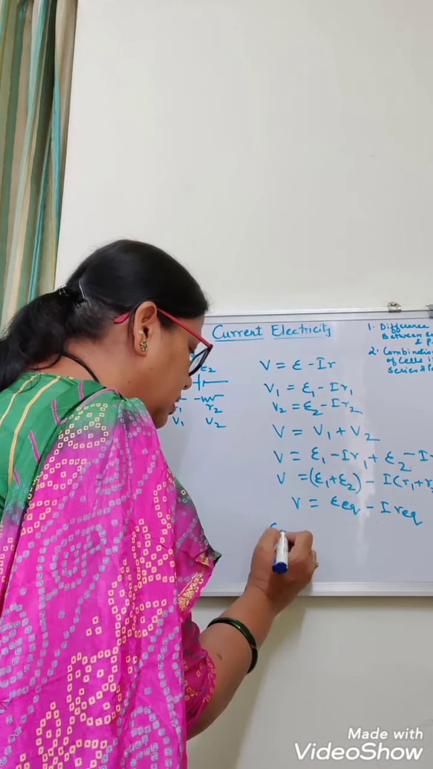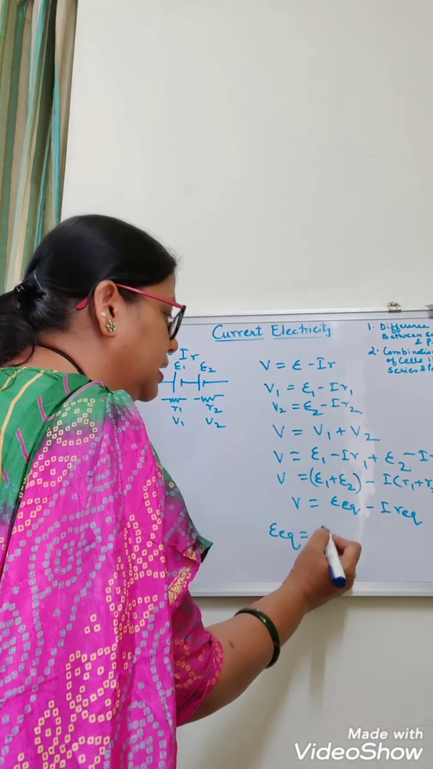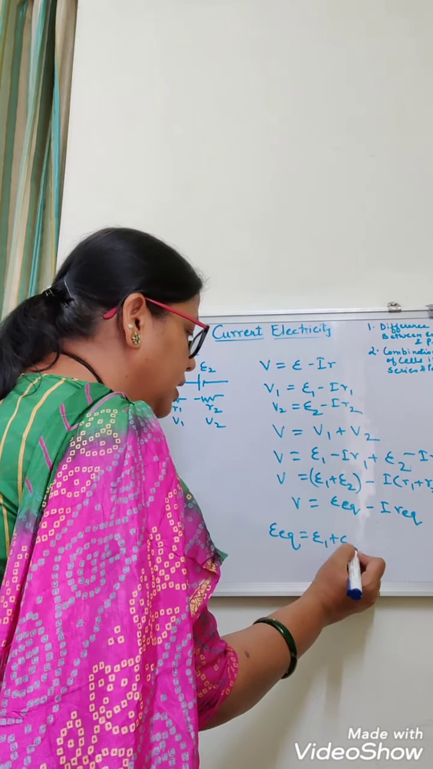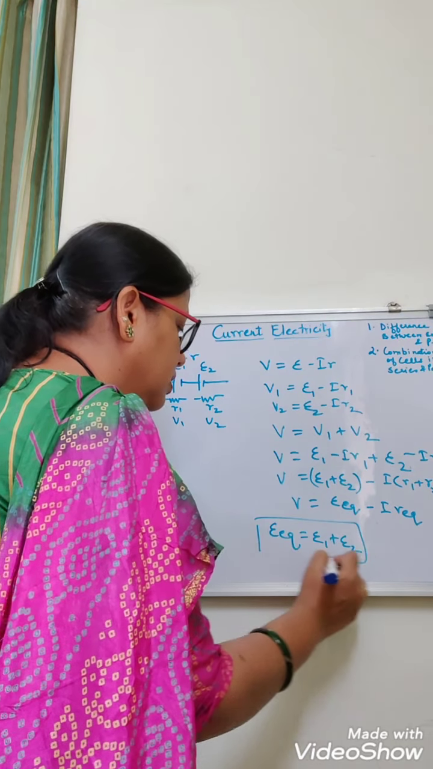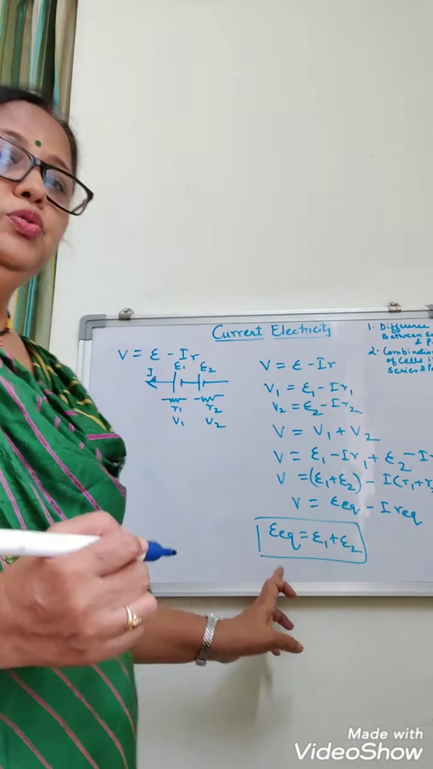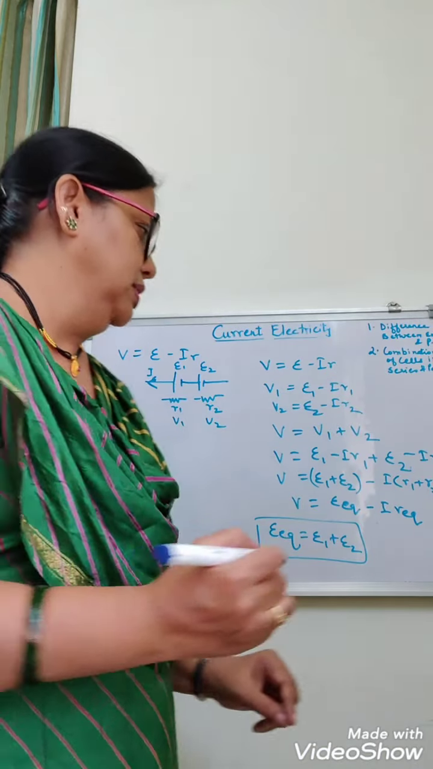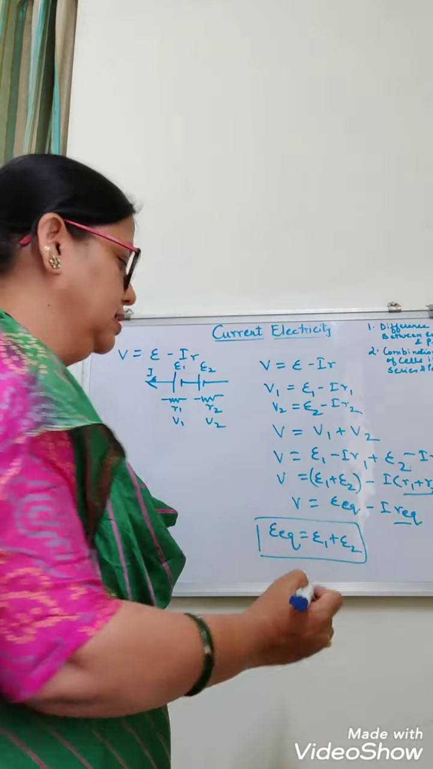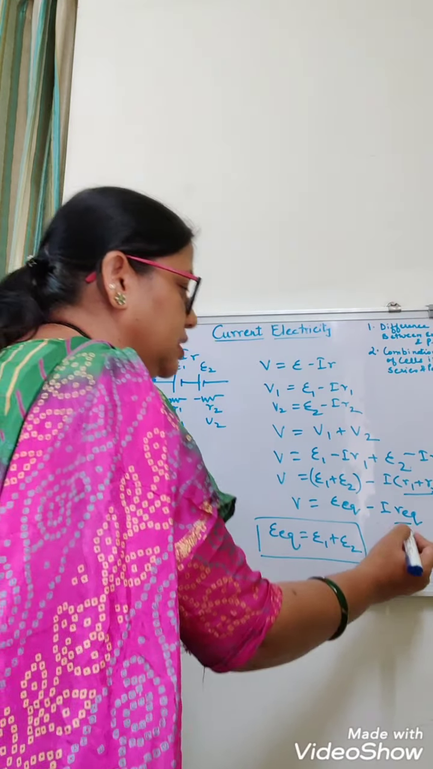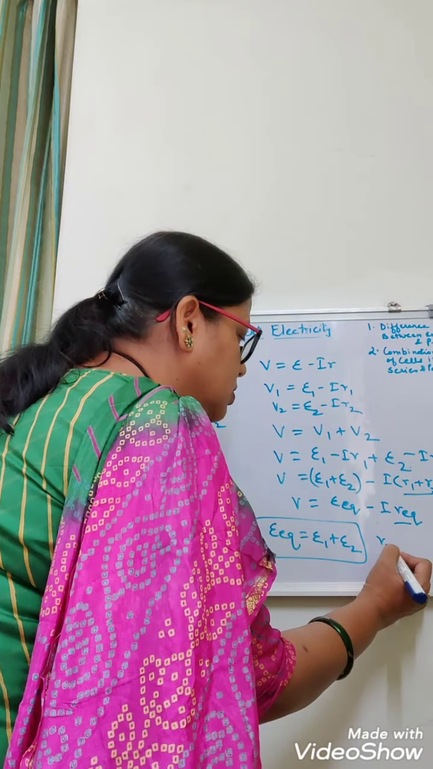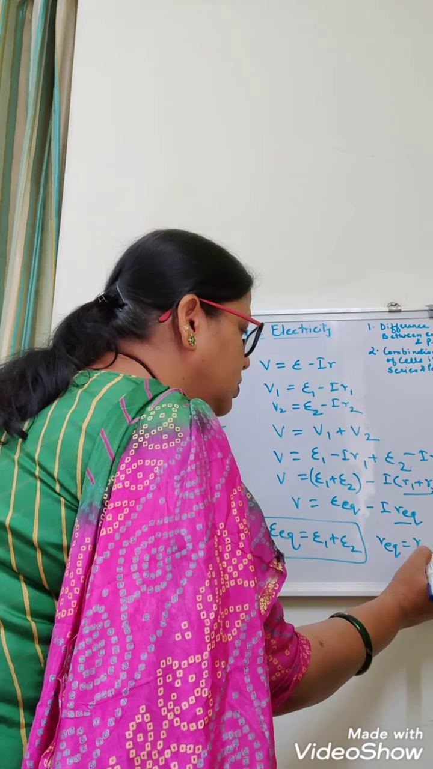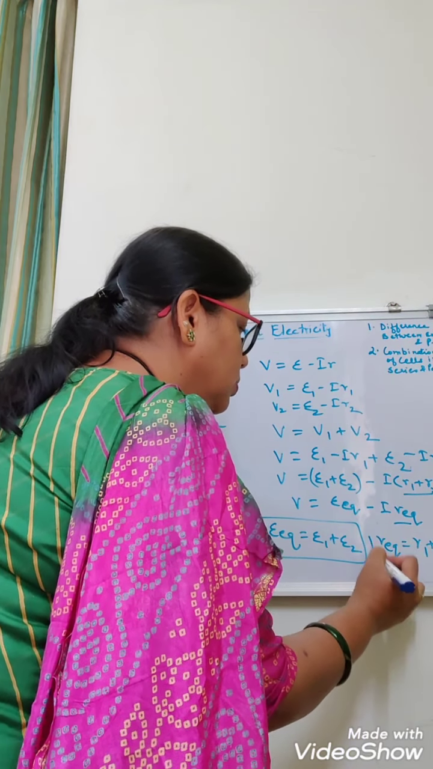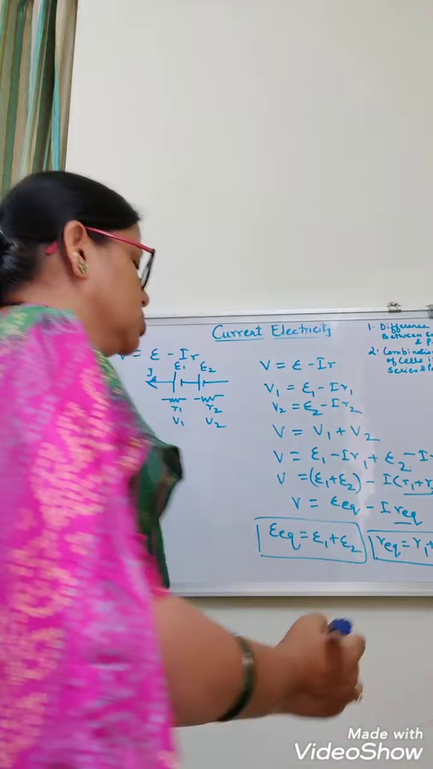So what is E equivalent? E equivalent is equal to E1 plus E2. So this is the equivalent EMF of two cells in series combination. And what is the equivalent resistance? This is equivalent EMF. What is equivalent resistance? So r equivalent is equal to r1 plus r2. This is the expression for